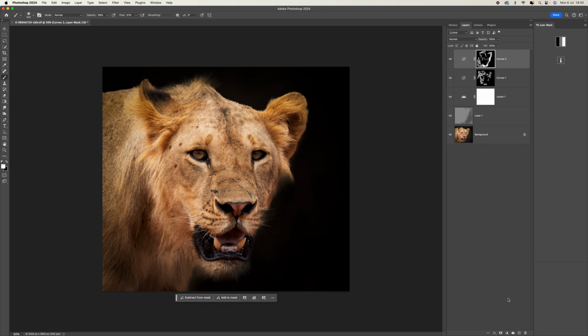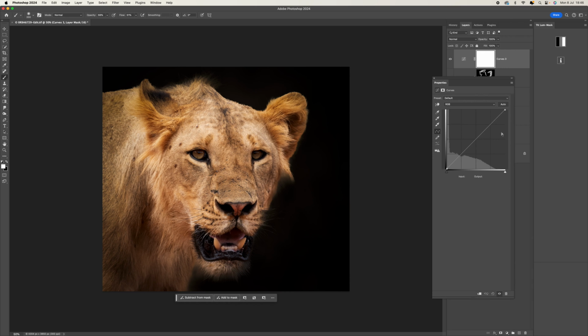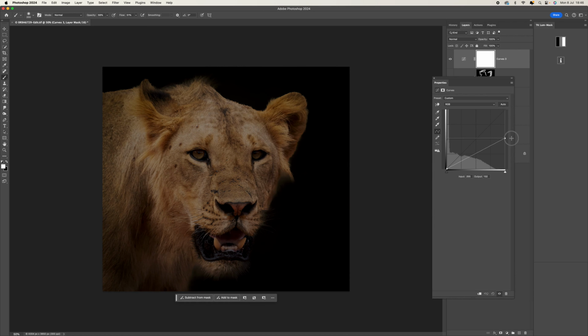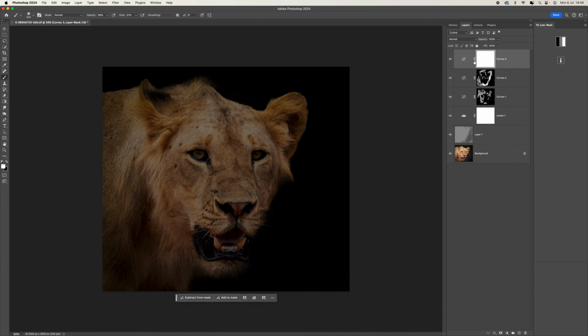Now what I want to do is add another curves adjustment, and I'm going to come to the top here, and I'm going to bring this black side down there and close that down. Now what I'm going to do is just reveal everything. So I'm going to reveal the areas that we dodged and burned in the first place within the picture. So I'm going to change the color back to black, and you can see what that's going to do. Yeah. So the idea now is that we just pick out these specific areas. So I'm going to